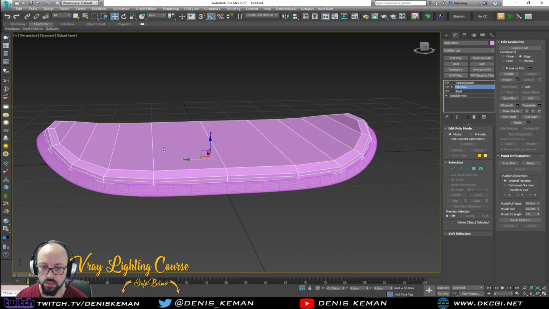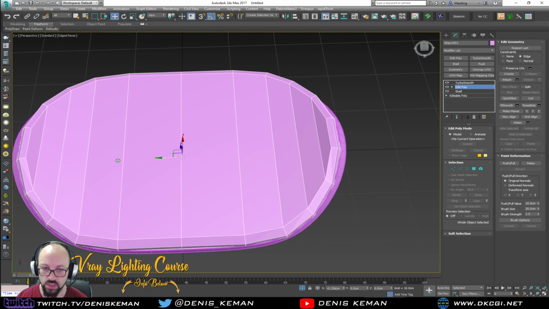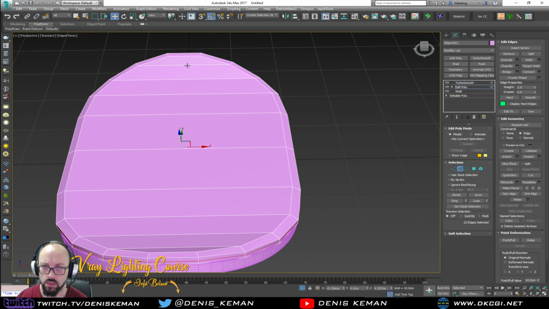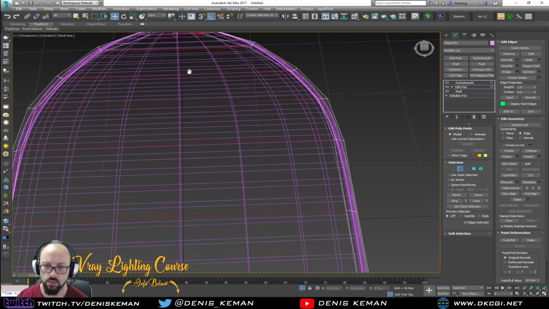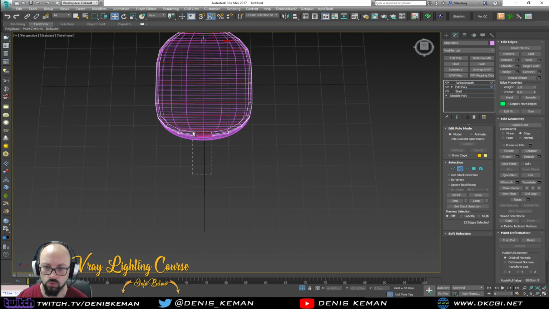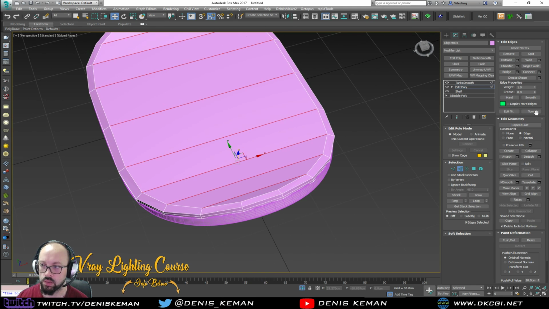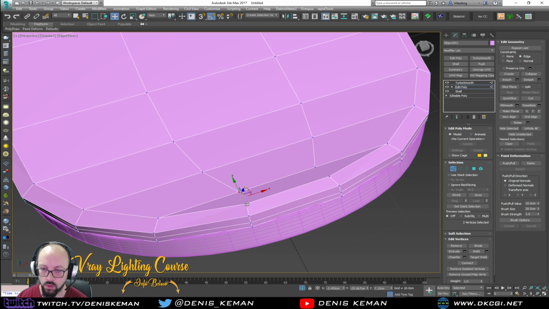All right, let's manually pull up some of these edges, and I definitely want to go in and maybe just add in some extra geometry in here. So select those two, deselect those two, and connect two segments, connect,